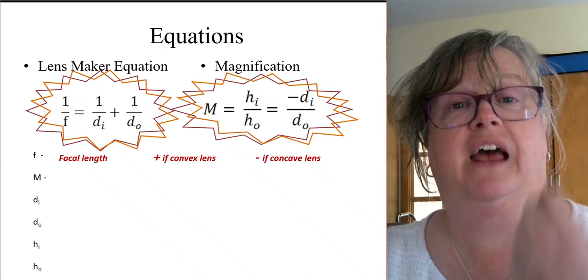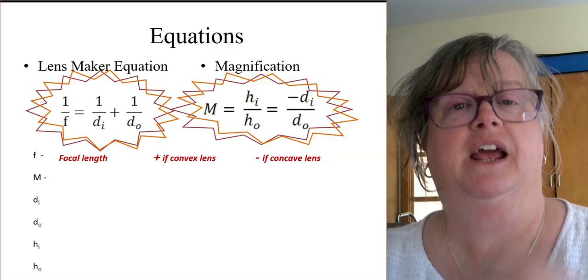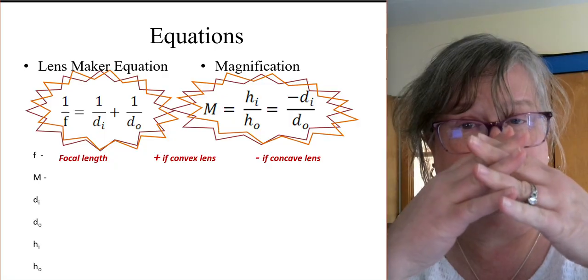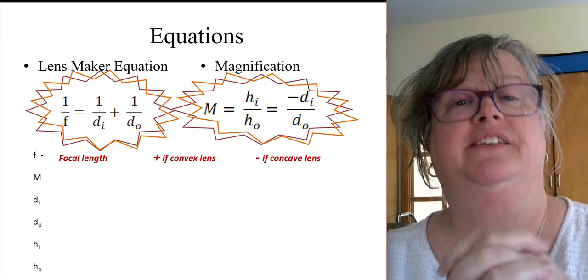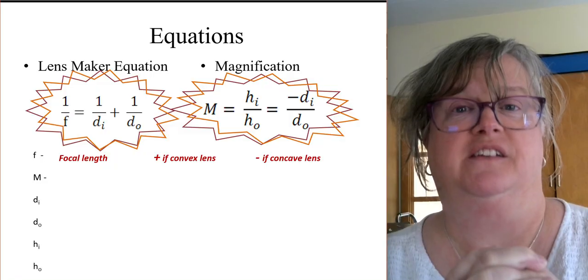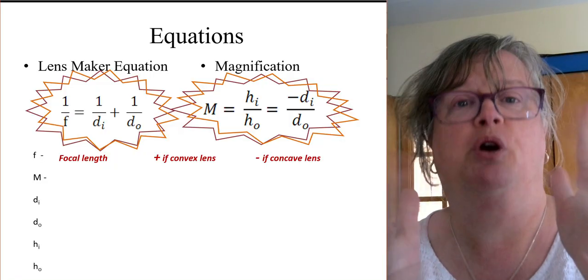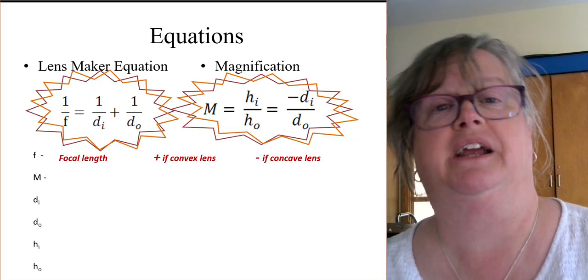In this case, f represents the focal length, which is still positive if it's converging, the light's coming together. In this case, that would be for a convex lens. Or it's negative if the light is diverging, spreading apart, which for us in this case would be a concave